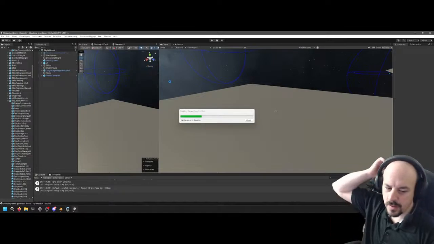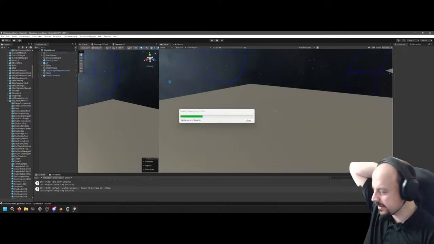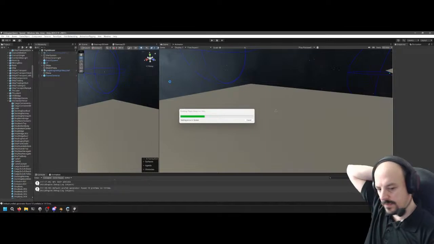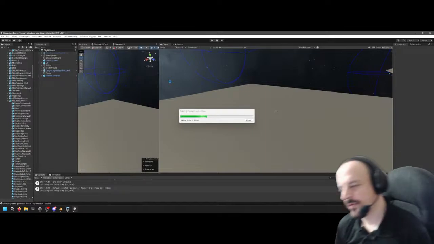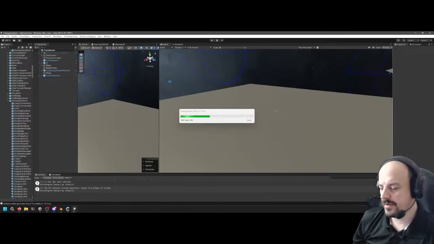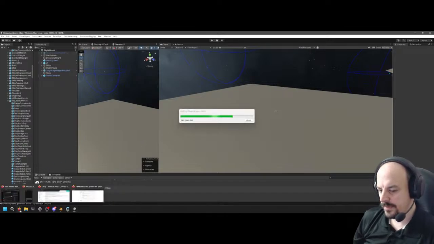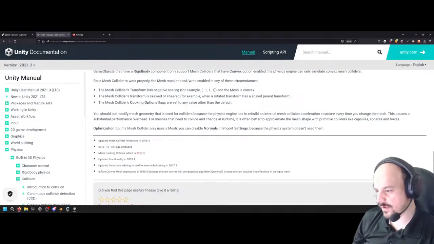In the editor, it's always been working. It's never not worked in the editor. But I think it's the read and write access, because when Unity makes modifications to the model itself, if it doesn't have write access, it can't write those back to the asset. And in certain edge cases, that's bad.